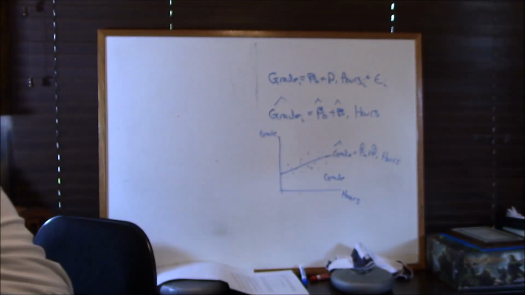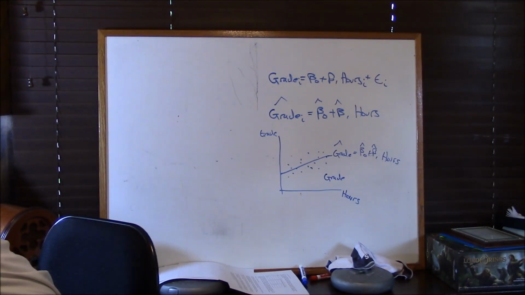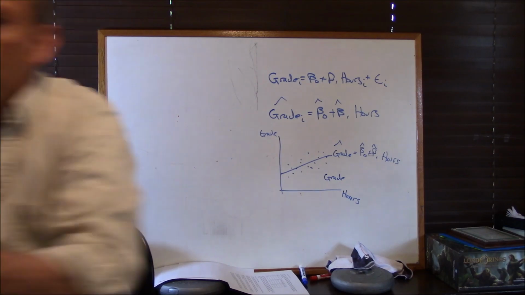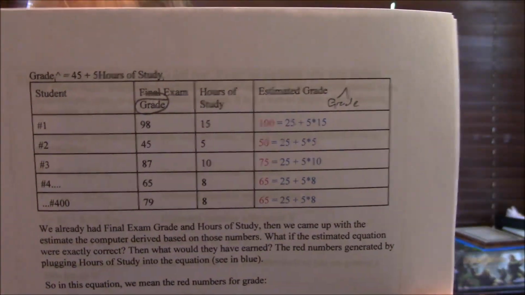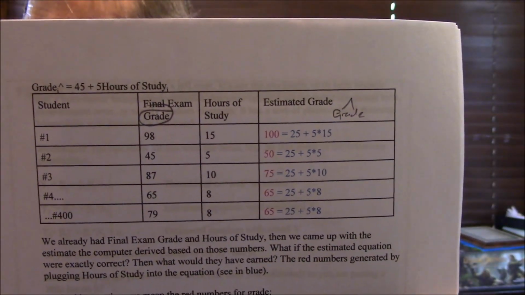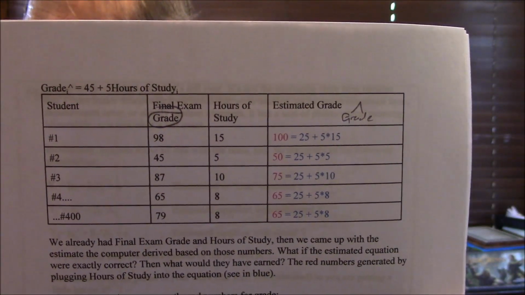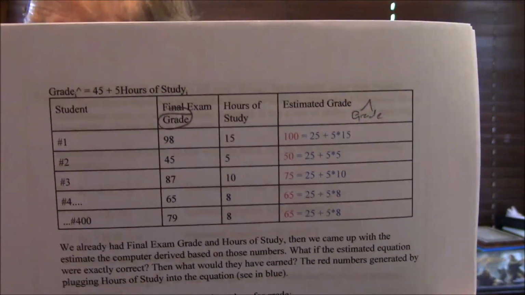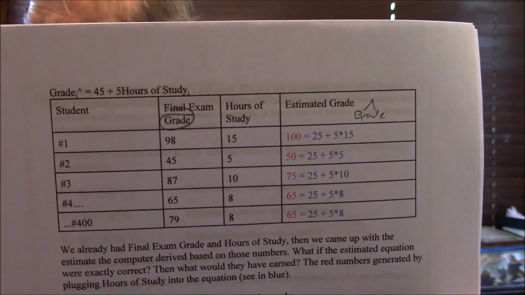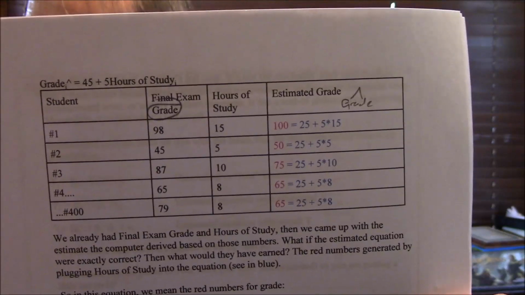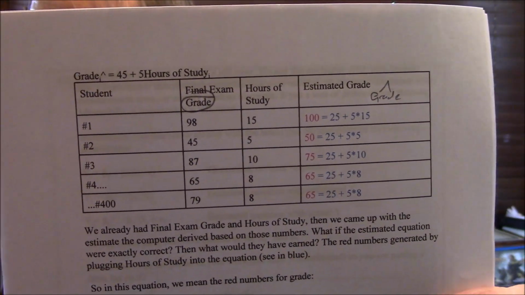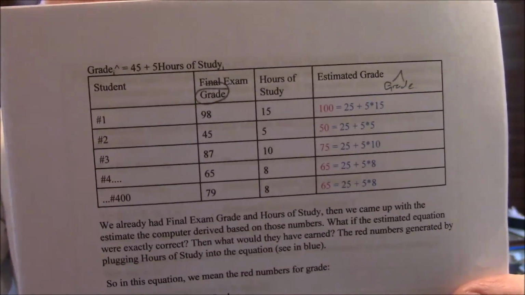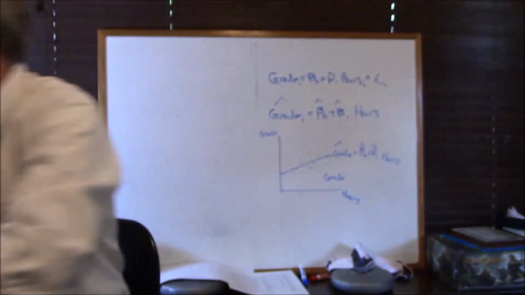In fact, let me write this. On the far right is grade with a hat over it. If you study for 15 hours, then 5 times 15, which would be what, 60, 75? Yeah, it'd be 100, right? So we would have estimated you would have earned 100. That's grade with a hat over it. 25, 50 for the second person, 75 for the next one, and so on down there. That's what the line that we estimated,